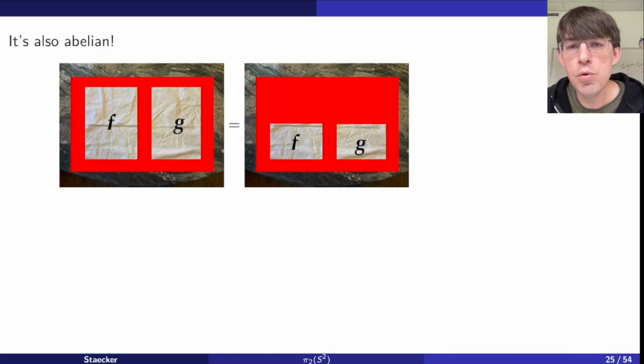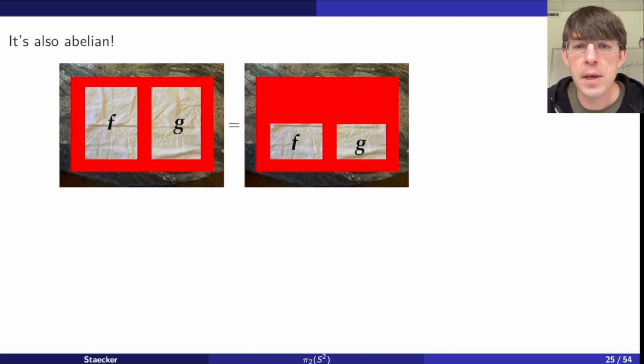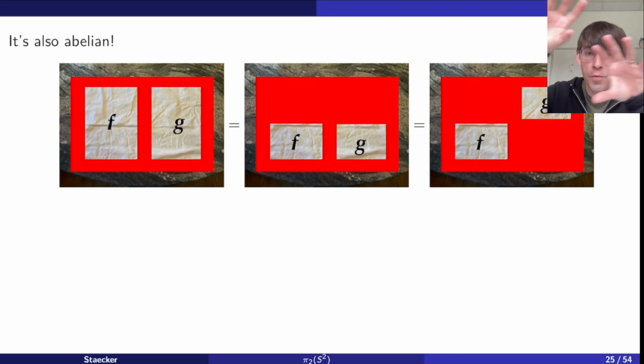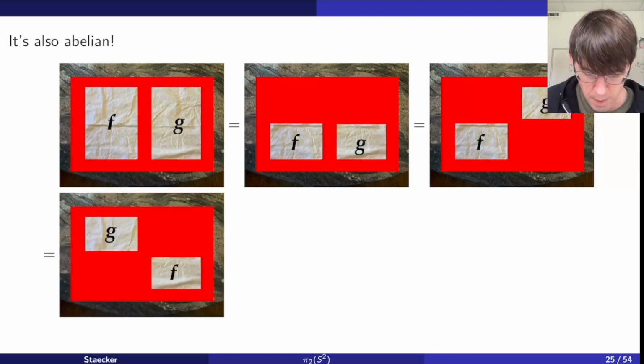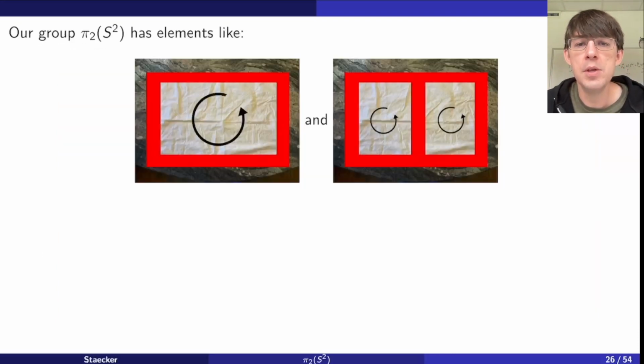All right. And now, if you ever see topologists talking about this, why are the higher homotopy groups abelian? They will probably do something like this with their hands. It's like boom, boom, boom. This kind of a thing. That's what I'm going to do. So now we can move the g upwards, that's another one of these basic homotopy moves. You're just stretching. You're not really rearranging the topological properties. And now I can move them both like this, sideways. So I move the g to the left and the f to the right. And now you can probably see I'm going to move the g back down and then stretch them both back up. And I end up with g,